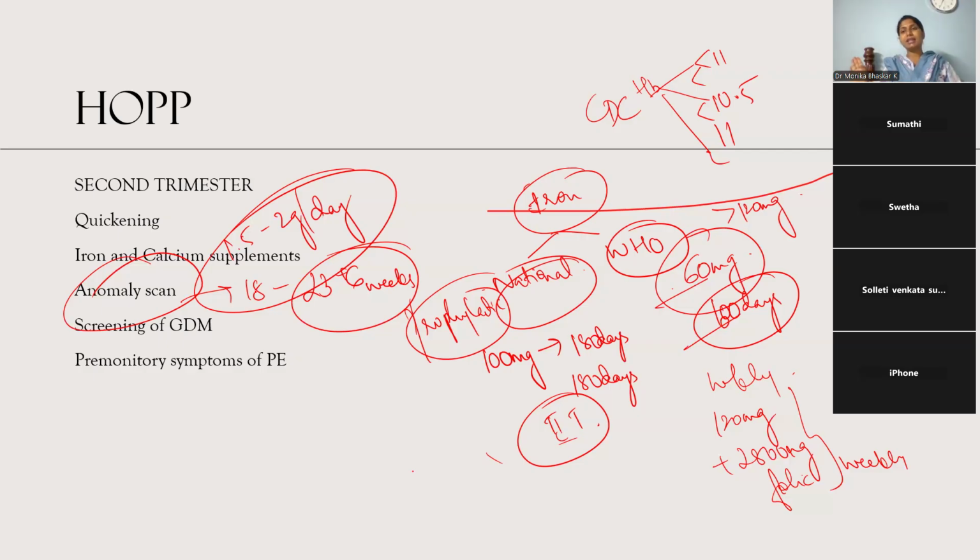It does not carry any importance. So the placenta has to always be commented in the anomaly scan. So the location of the placenta, whether it's in the upper segment or lower segment. And if it is in the lower segment, if it is within 2 centimeter from the internal os, it should